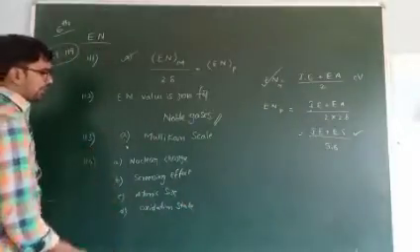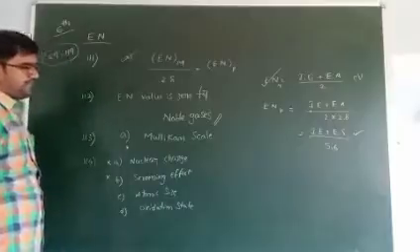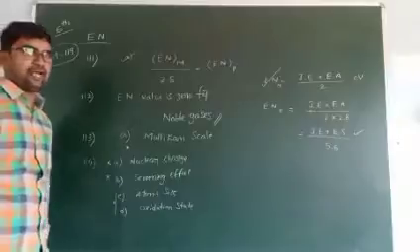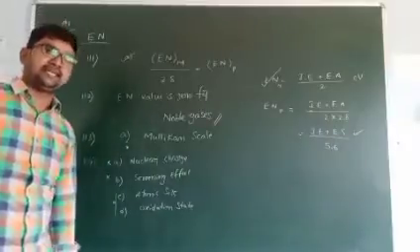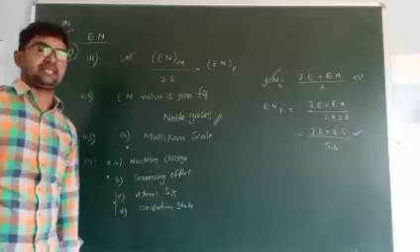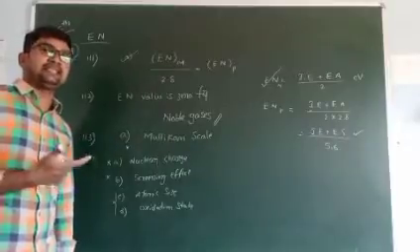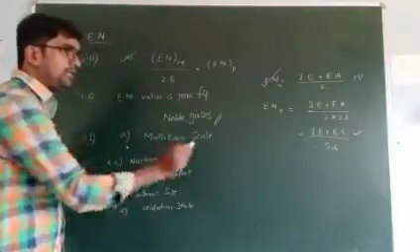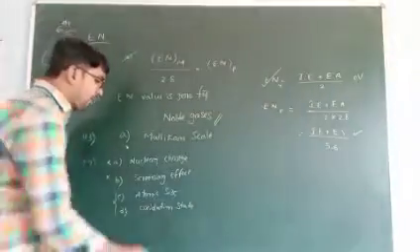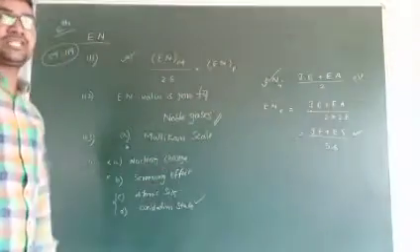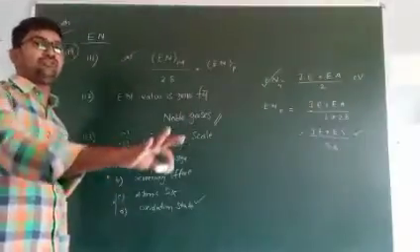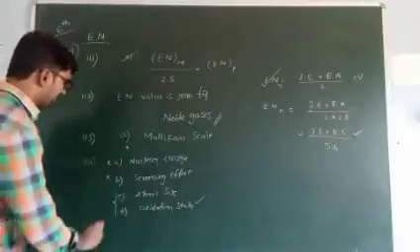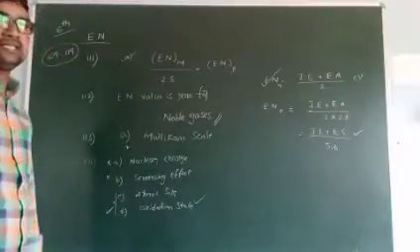Actually, in these four options, we expected the first two are not involved in electronegativity, but we expected these two are involved because in groups, atomic size increases and electronegativity decreases. In periods, atomic size decreases and electronegativity increases. But atomic size is only for neutral atoms. The oxidation state of an element tells the electronegativity not only for neutral atoms, even for ions also. That's why the correct answer is D, oxidation state.